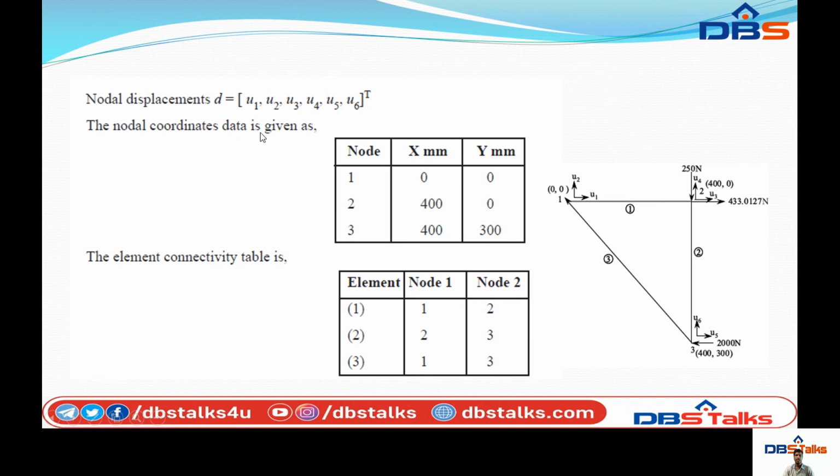The nodal coordinates data is given: three elements having 6 nodes. Sorry, it is not node, it is element. At element 1,